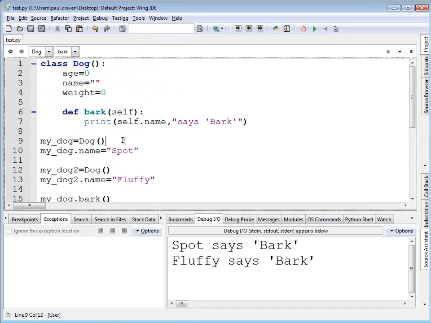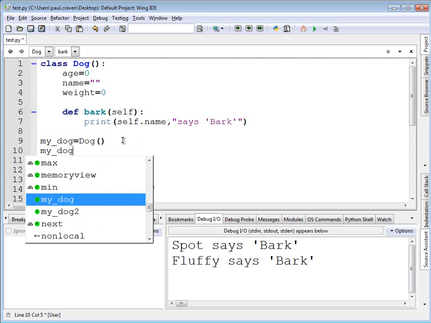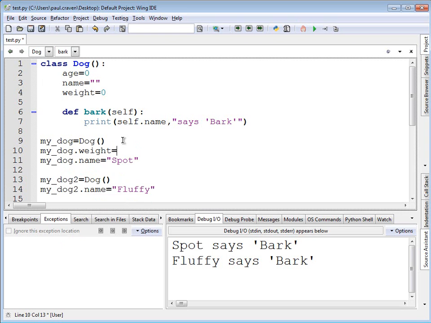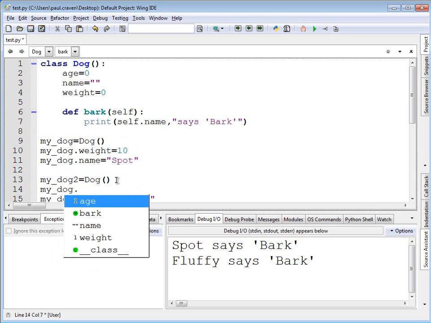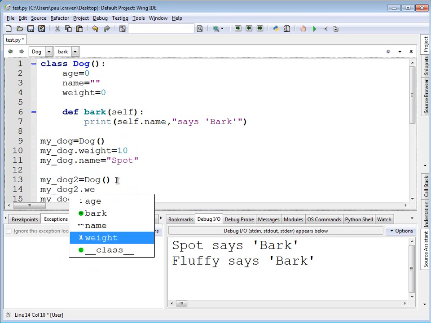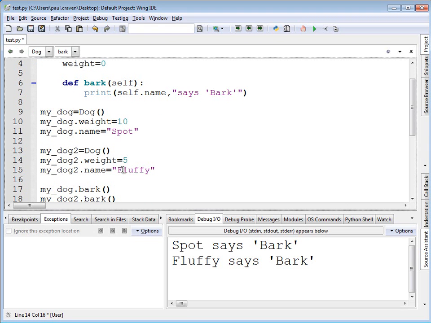For example, if I were to set the dog's weight right here, this is the 10-pound dog, and my dog 2's weight is 5-pound dog. It's a really small dog, one of those toy dogs. Okay, at this point we've got my dog weight is 10, my dog 2 weight is 5, and I could